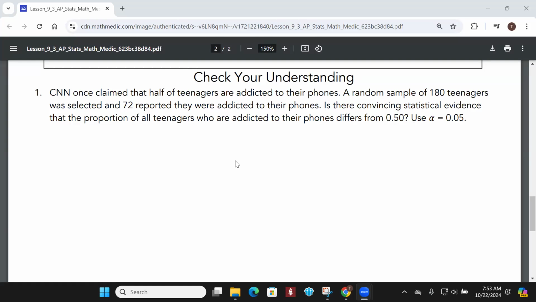Okay, so CNN once claimed that half of teenagers are addicted to their phone. Half. All right, a random sample of 180 teenagers was selected, and 72 reported that they were addicted to their phones. Is there convincing statistical evidence that the proportion of all teenagers who are addicted to their phones differs from 0.5? Use alpha of 0.05. Okay, so we're going to choose, and that's one sample